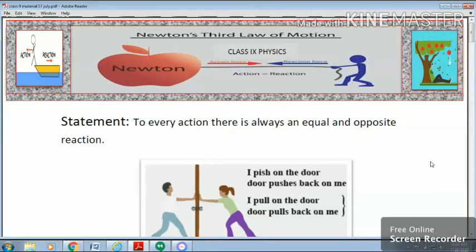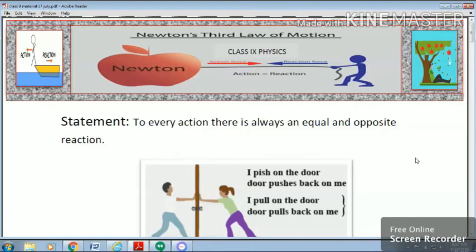Today we'll start with this. According to him, Newton's third law states that to every action there is an equal and opposite reaction. One thing, just keep it in your mind: the action and reaction never act on the same body, but they always act simultaneously on two different bodies. The forces of interaction are always present in pairs. Action on one body and reaction on another body, and they are opposite in direction to each other.